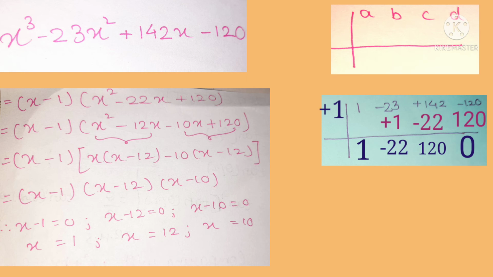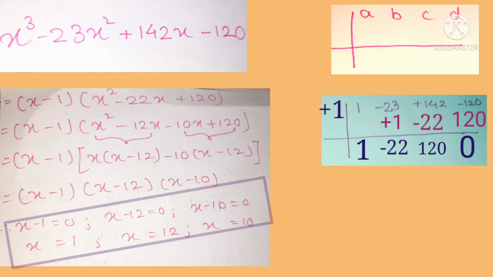Yes, and for x square minus 22x plus 120, we need to factor the quadratic polynomial as we have done with the upper triangle and lower triangle. I have just mentioned it. Okay, 22x I have just split as minus 12x minus 10x. Minus 12x minus 10x is nothing but minus 22x. Minus 12 into minus 10 is nothing but plus 120, and I have just done the format, and we got